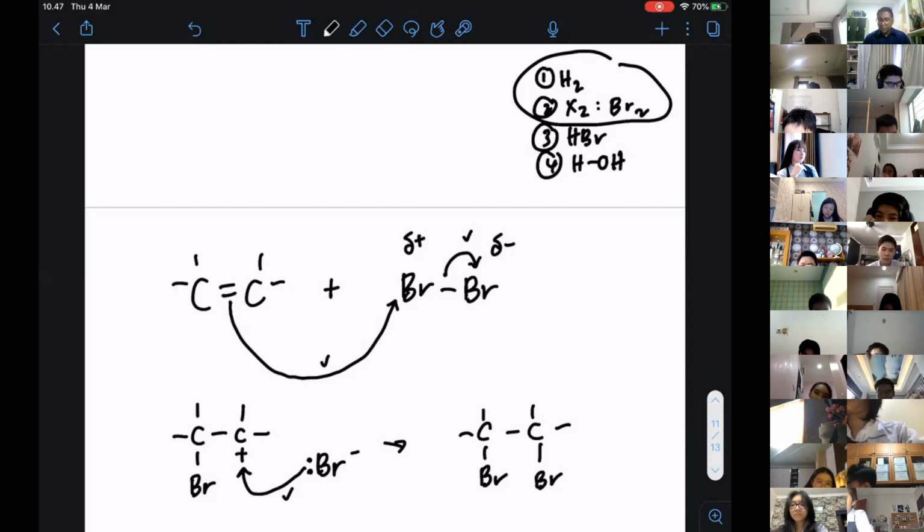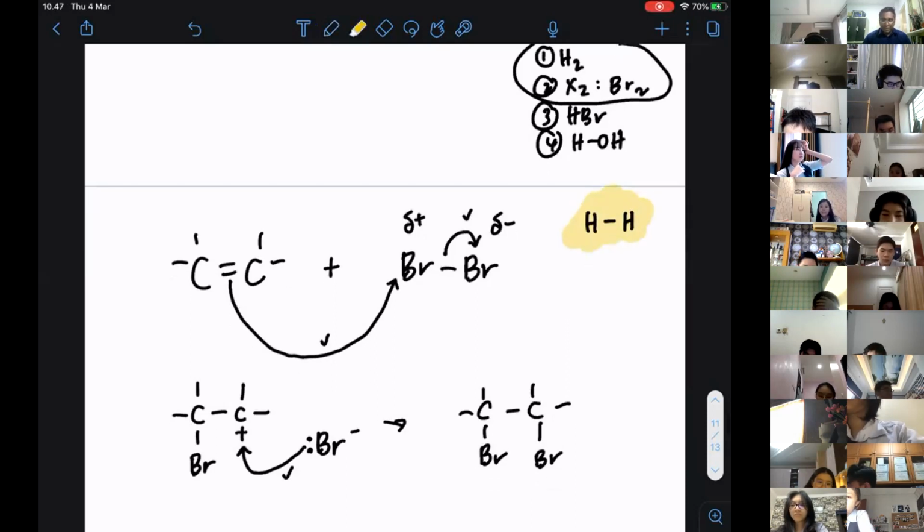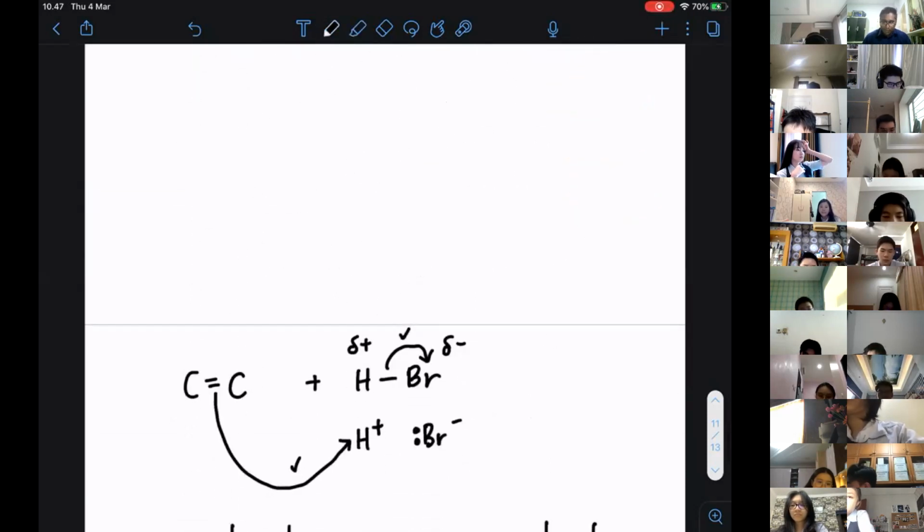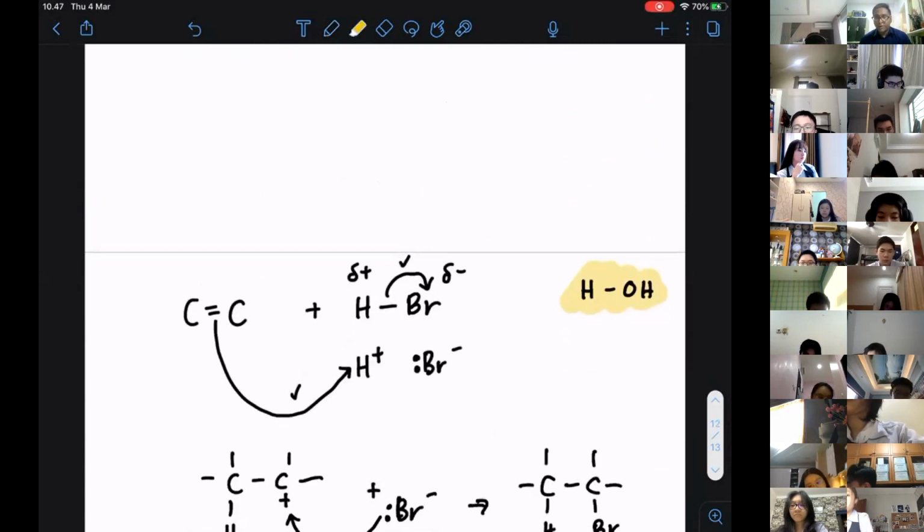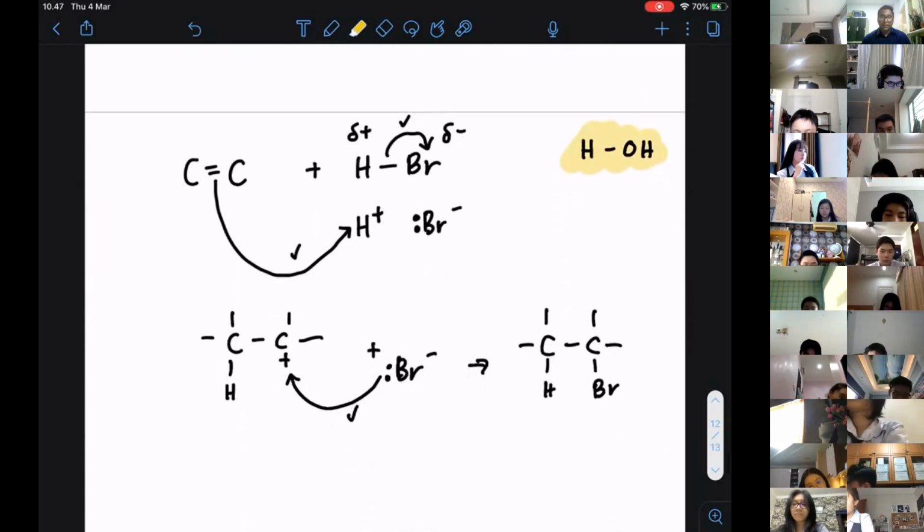If I want to write down the same mechanism in a similar way, I will just leave it over here. This one is the same way. And then if you are doing this for HOH, this is going to be the same way. How we show it for water, the mechanism is going to be the same as how I showed it for HBr. That's the difference. Now